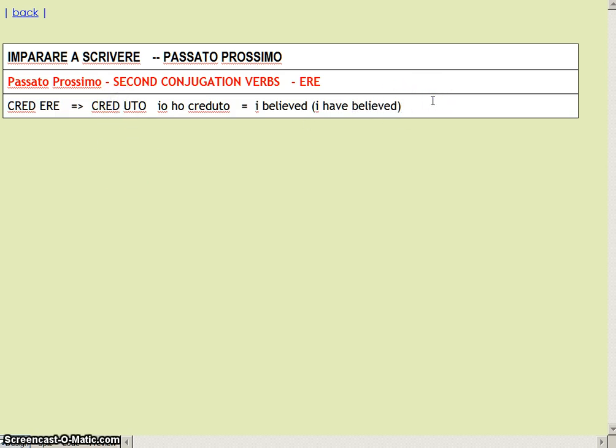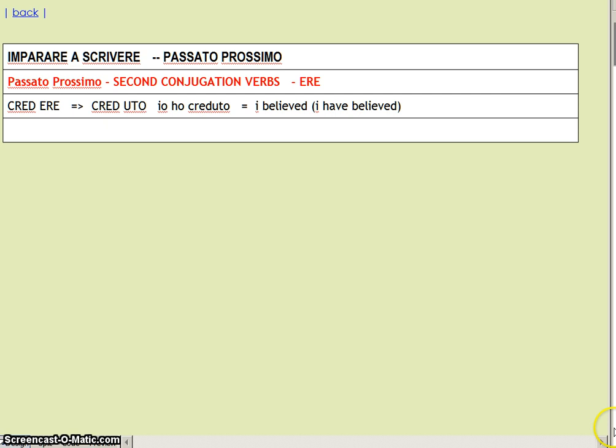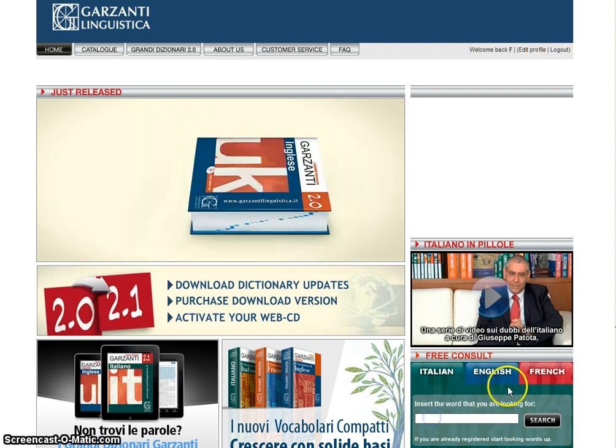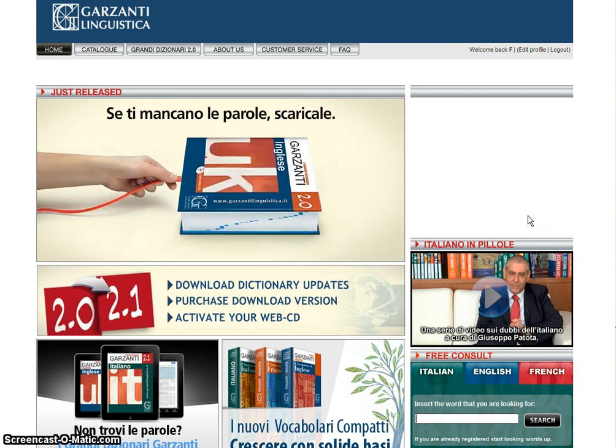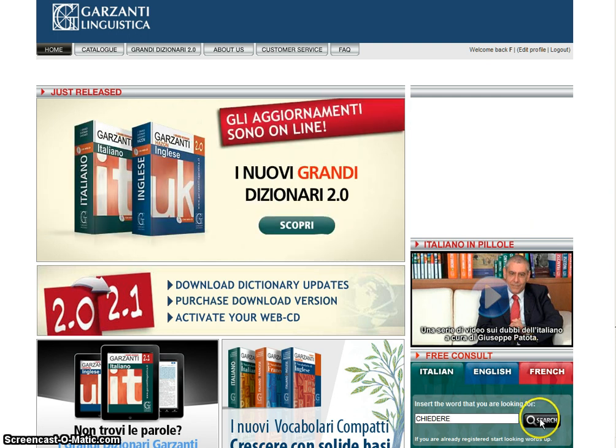Now let's take different verbs. I can find a number of them. Let's go with chiedere. Chiedere means to ask or to ask for. Chiedere, it is irregular. How do we know this? Well, we go to our Garzanti, here it is, and we type in chiedere, we do search,